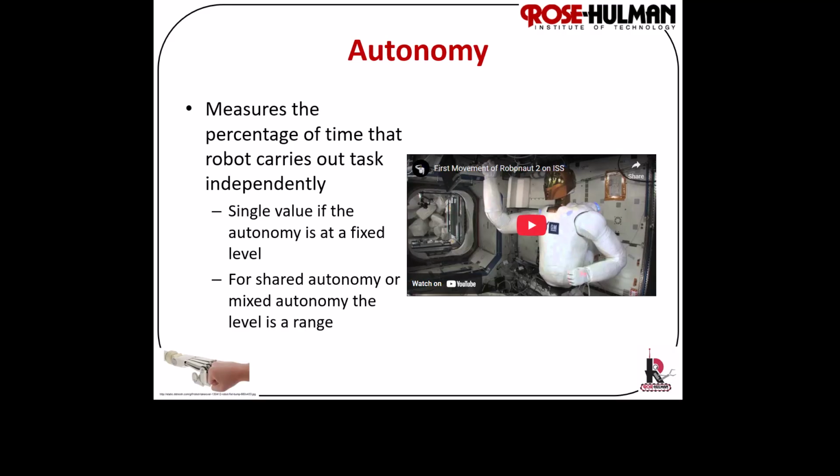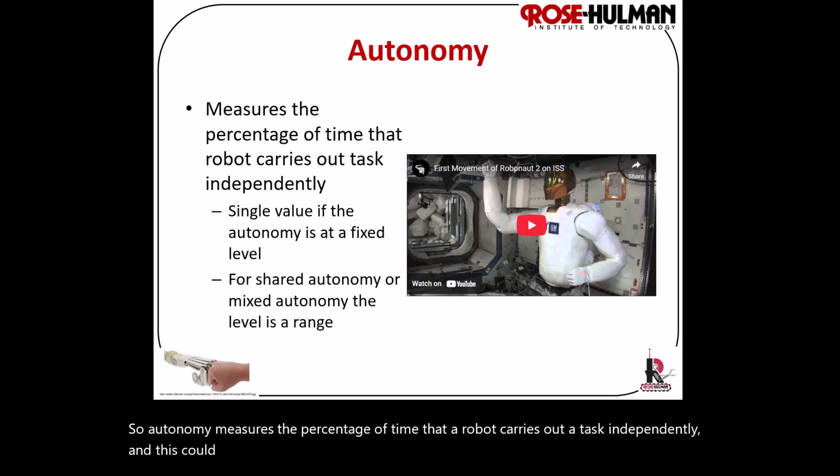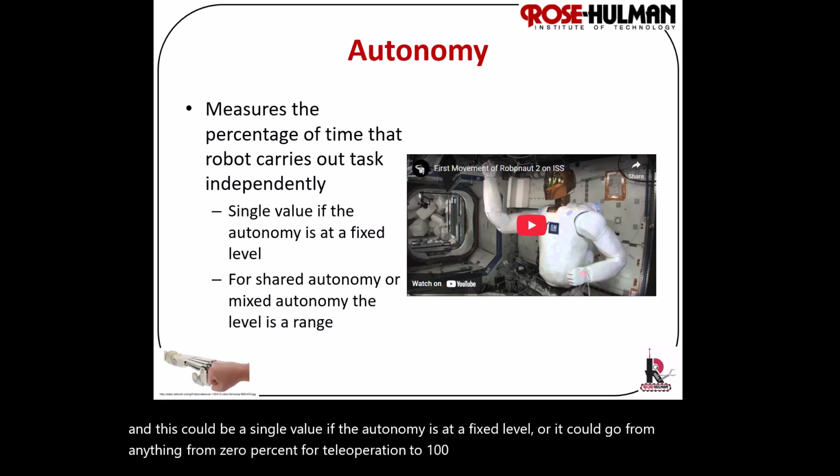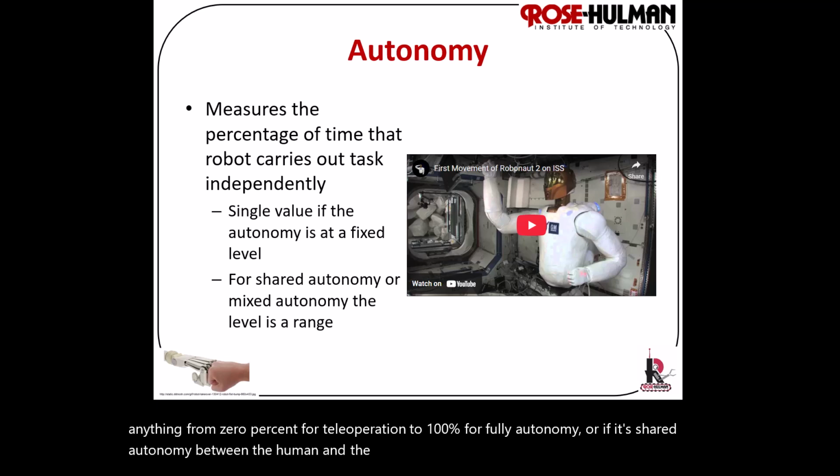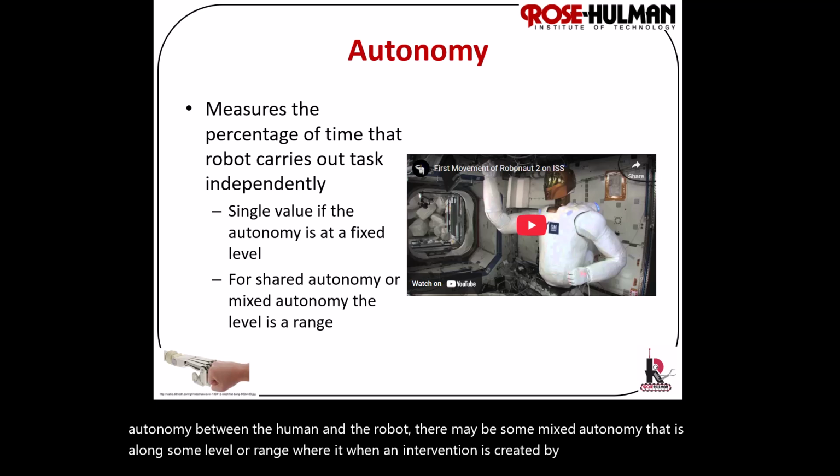So autonomy measures the percentage of time that a robot carries out a task independently. And this could be a single value if the autonomy is at a fixed level, or it could go from anything from 0% for teleoperation to 100% for full autonomy. Or if it's shared autonomy between the human and the robot, there may be some mixed autonomy along some level or range, where when an intervention is created by the human, the intervention may make the two sum